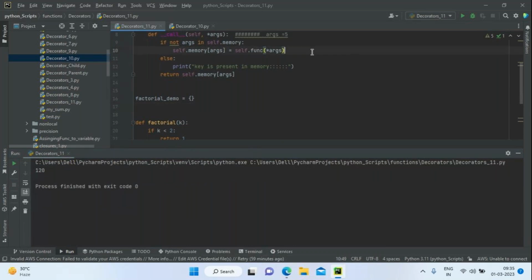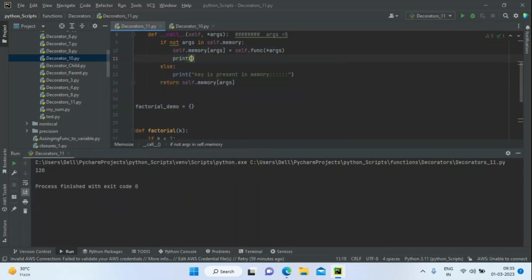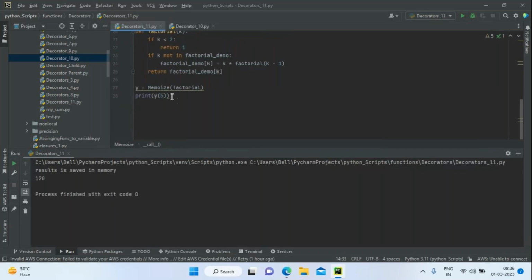Now for your understanding, I'm going to have one print message. We can give, results is saved in memory. Okay. If I run the script, it's printing results is saved in memory. If I call the function again, call the same function y of 5,